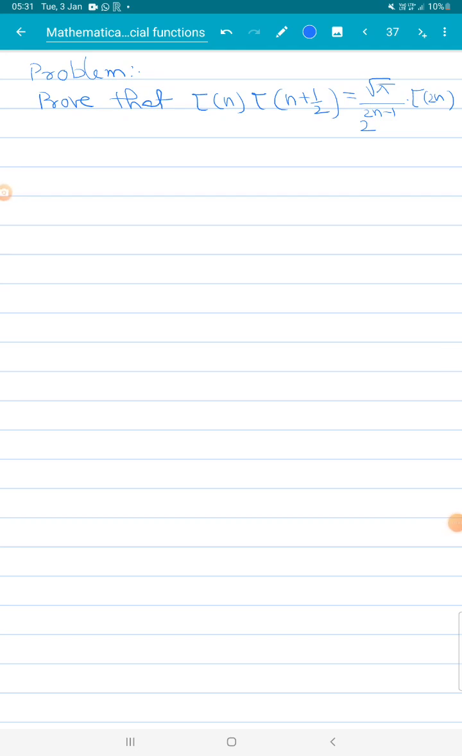Prove that gamma of n into gamma of n plus half equals root pi into 2 to the power of 1 minus 2n into gamma of 2n. We already proved in the last class,